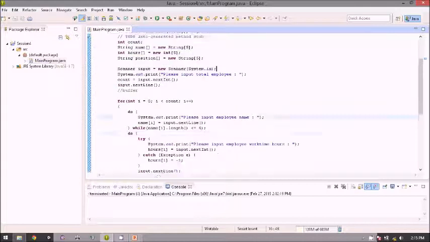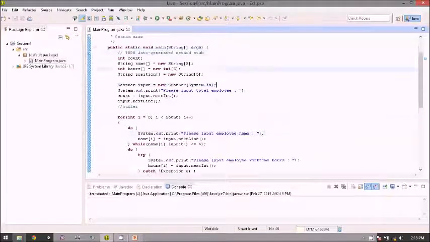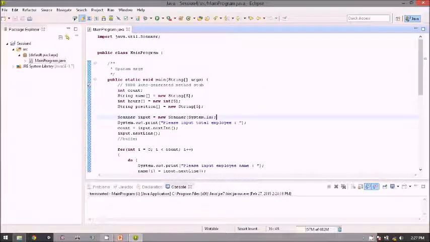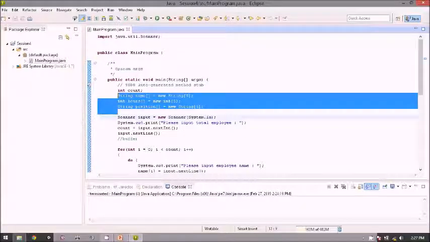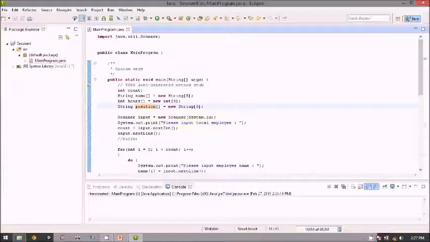Okay, we can use this, but we will try to use the vector and the array list as a replacement for two variables in here, two arrays in here. We will change them into a vector and an array list, so you can at least see the difference in here. Okay, so we will change two variables in these three arrays, the name, hours, or position, into a vector or array list. Okay, so let's use the name.